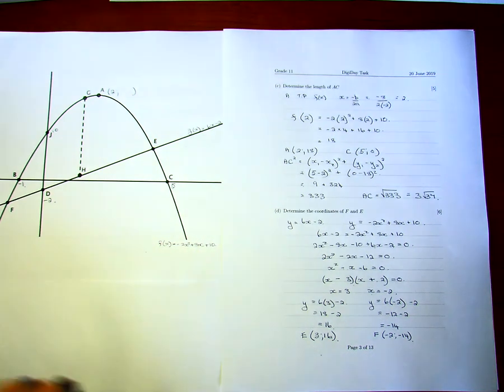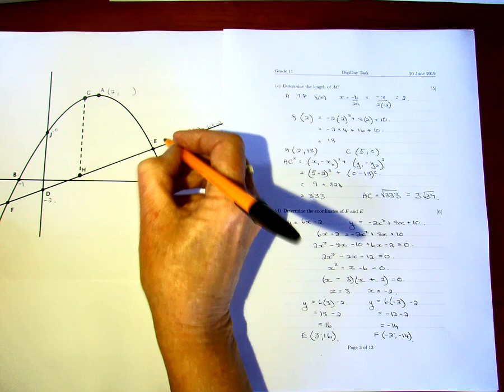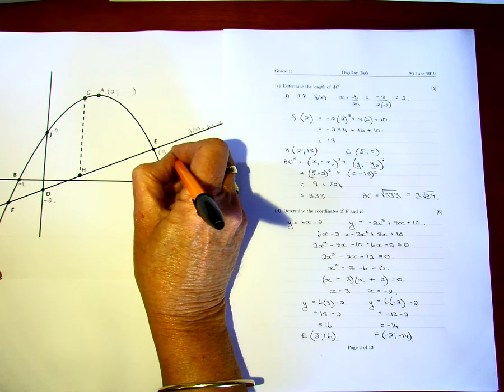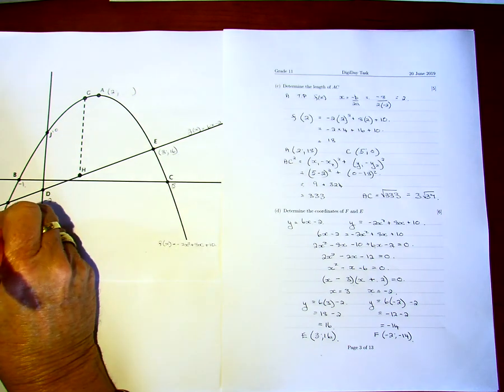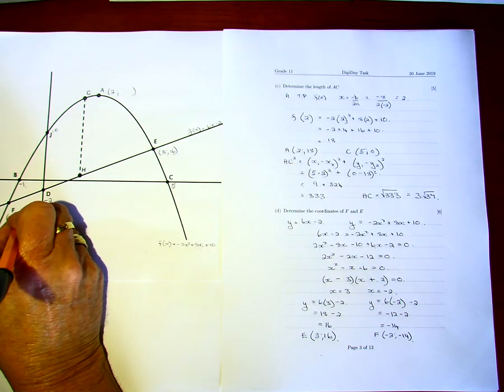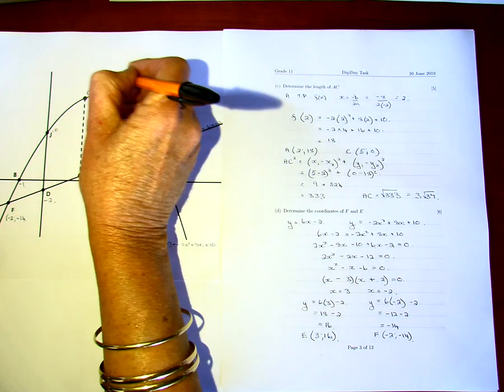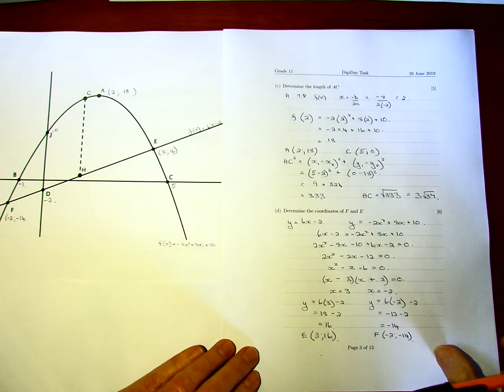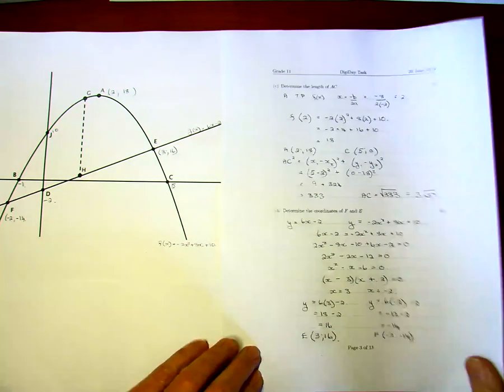Again, as we calculate, put the information on your picture. So we know that that is 3 and 16. We know that F is the point minus 2 and minus 14. I forgot that I needed to fill in that value over there, which was 18. Right, so